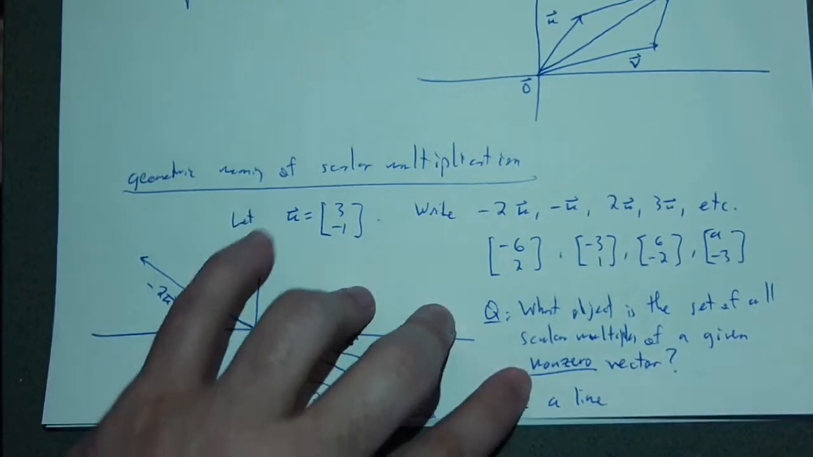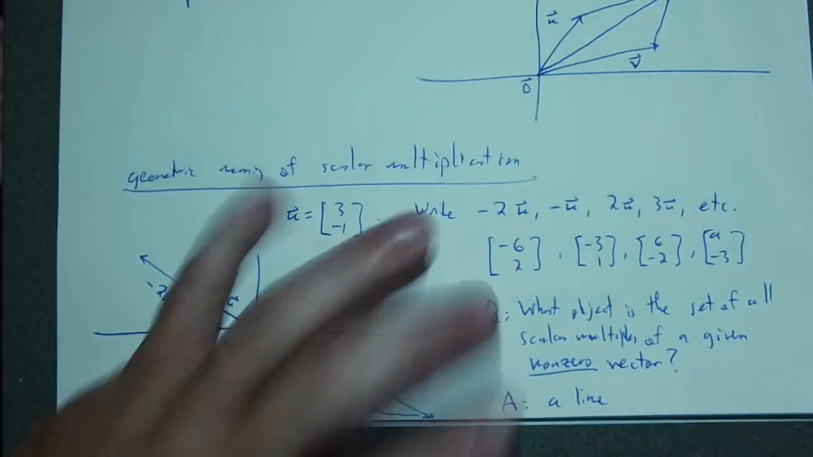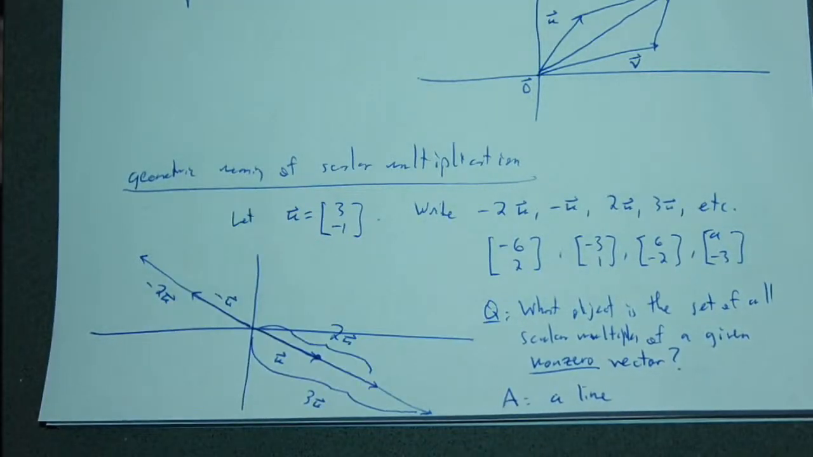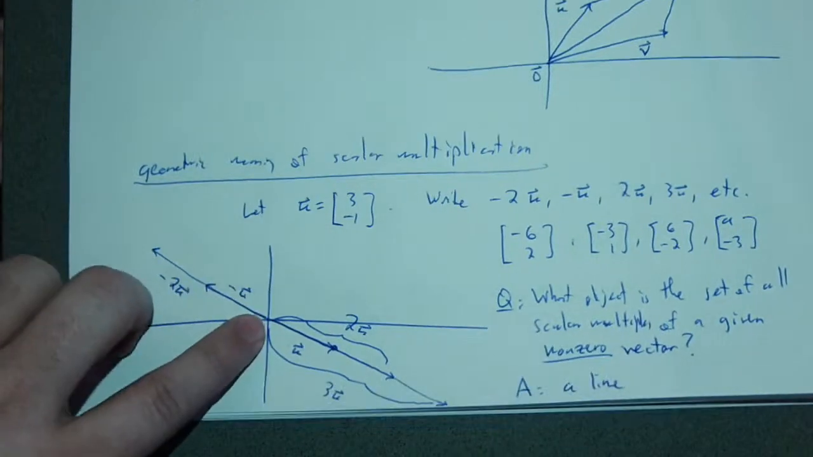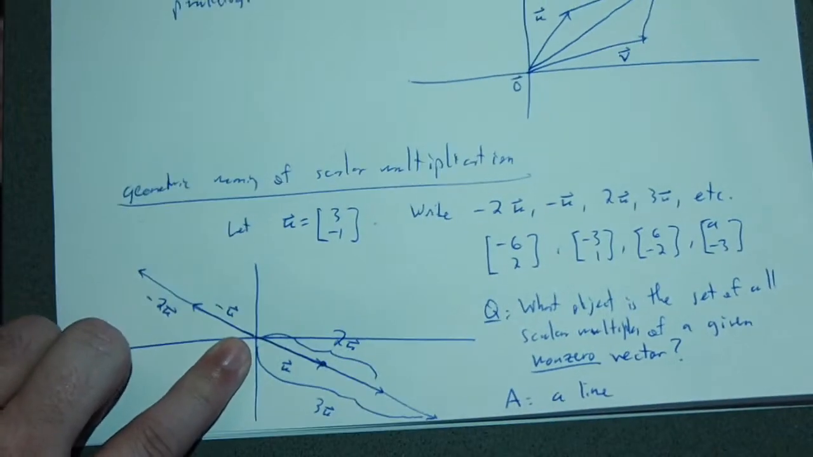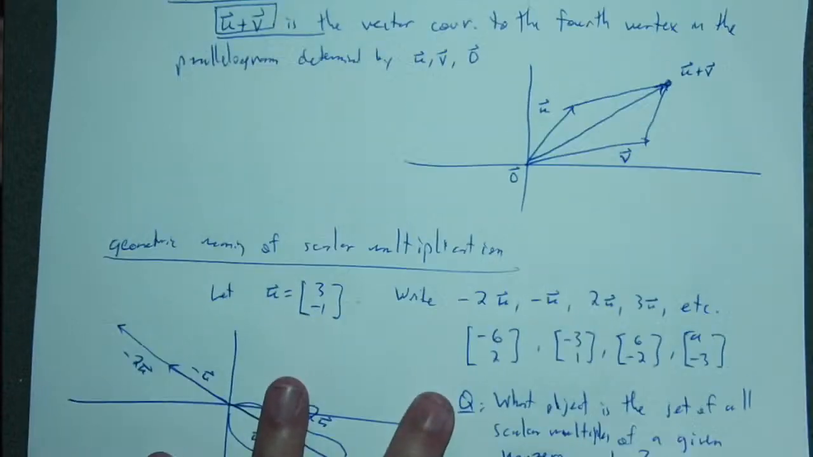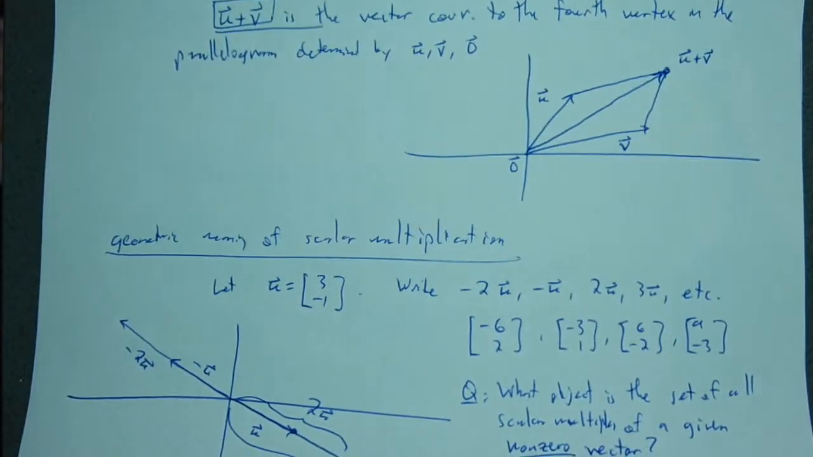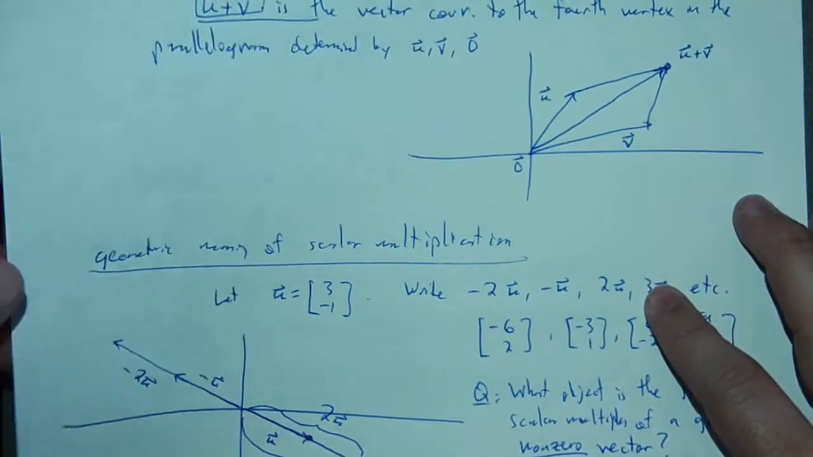Why did I have to include the word non-zero that I've underlined here? Because if this vector that I started with was 0, then any scalar multiple of that thing would still be 0, and so we would just be stuck at the origin. So in that case, that object would be a point, a single point. All right, so keeping track of those cases, making sure that you're not in some degenerate case where something like that happens is important